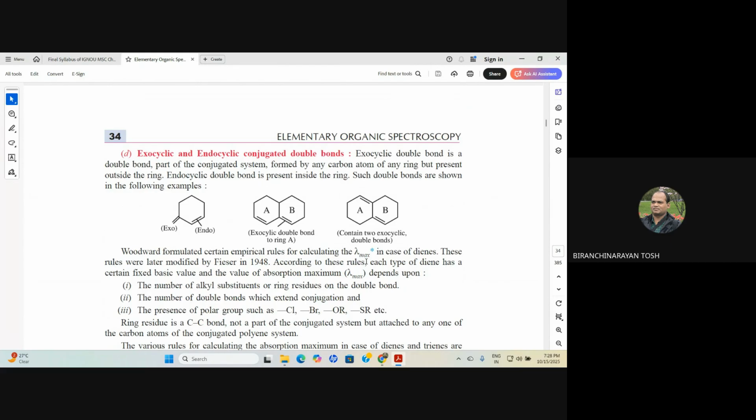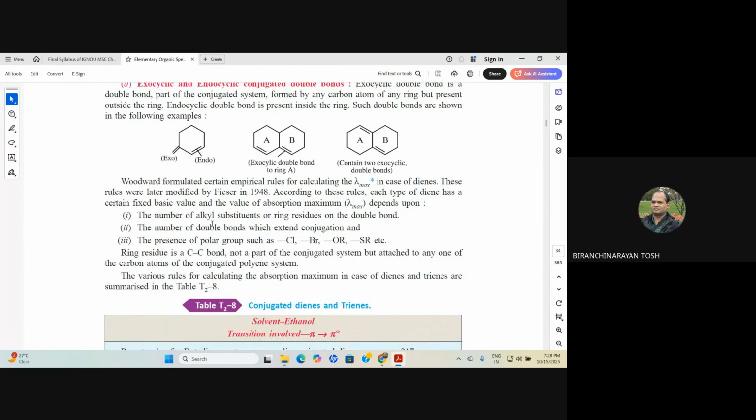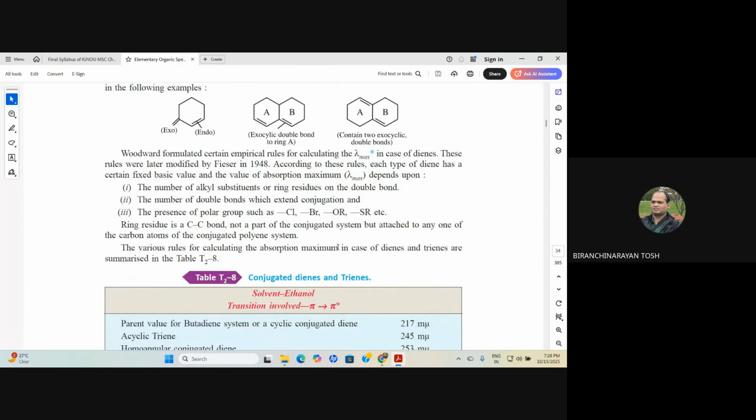With a variation of 1 or 2 millimicron, it will absorb. Theoretical and practical values will be nearly equal. You can see the number of alkyl substitutions or ring residues on the double bond, the number of double bonds which extend conjugation, and the presence of polar groups. So basing upon that,